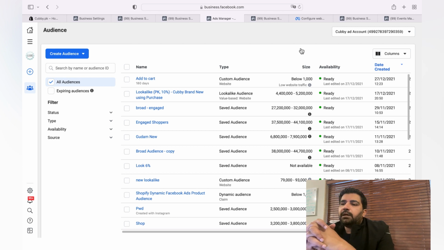Another important thing I'd like to suggest is to create an audience of those people who have clicked on your. So these are the few steps you need to do in order to retarget your customers. The really important thing is to verify your domain, and the other important thing is to create the aggregated events. Also, for the pixels and the domain, it will take about 24 to 48 hours for your domain to get verified.